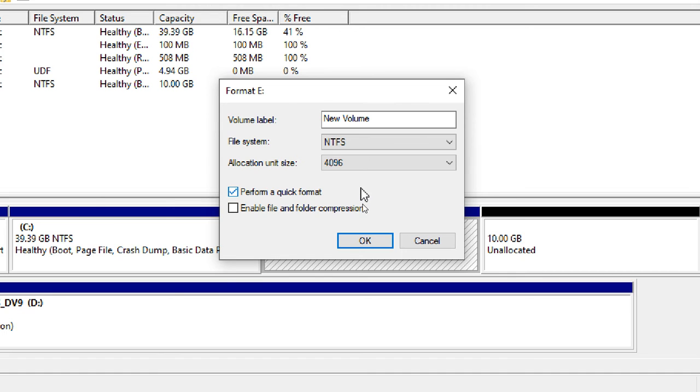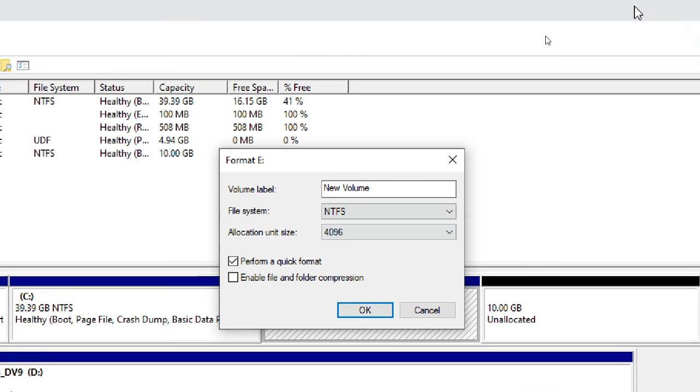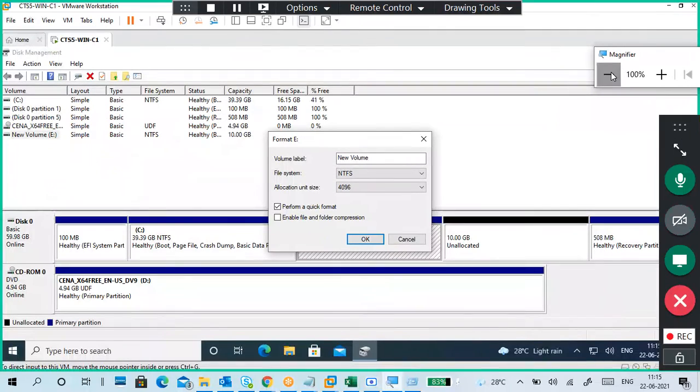How many sectors are required to become one single cluster to make a size of 4096? How many sectors?